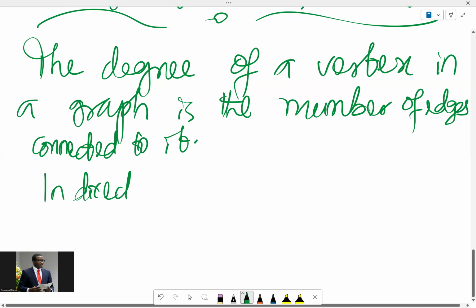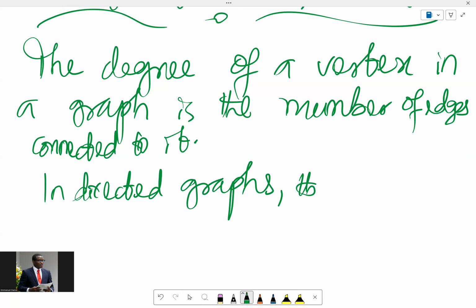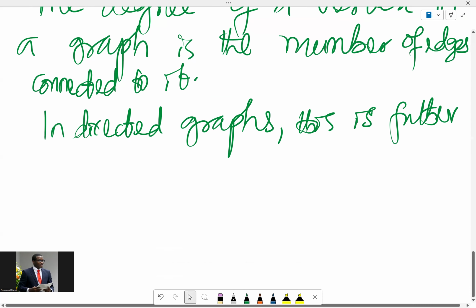So if the graph is undirected, you just count all the edges connected to the vertex, and that will be your degree. But if it is a directed graph, you now talk about in degree and out degree. So in directed graphs,